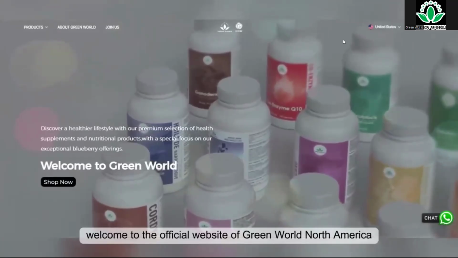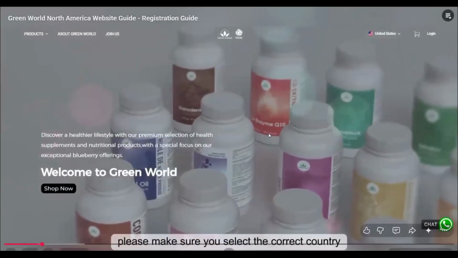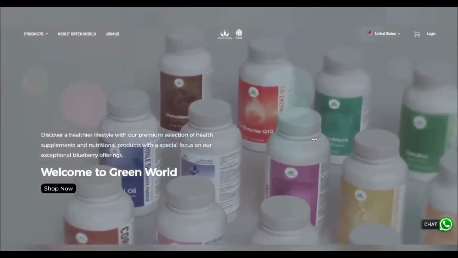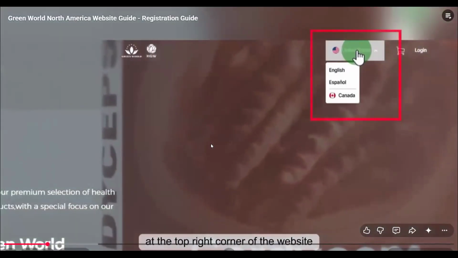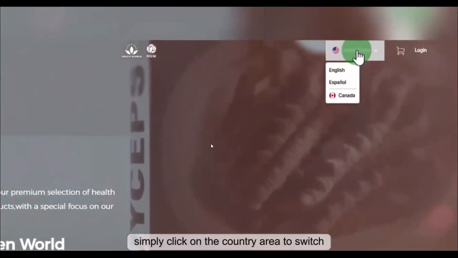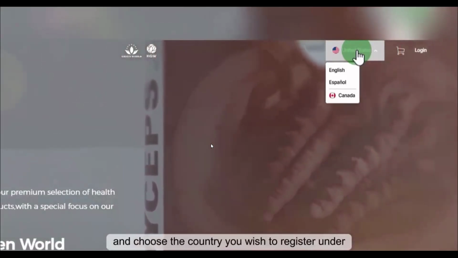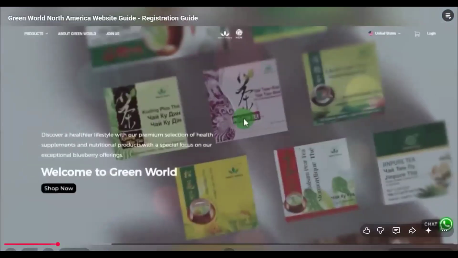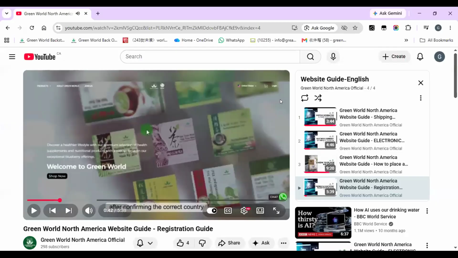We will guide you step by step on how to successfully register on our website as a Green World North America member or customer. Before starting your registration, please make sure you select the correct country. You can confirm the country setting at the top right corner of the website. Simply click on the country area to switch and choose the country you wish to register under. After confirming the correct country,